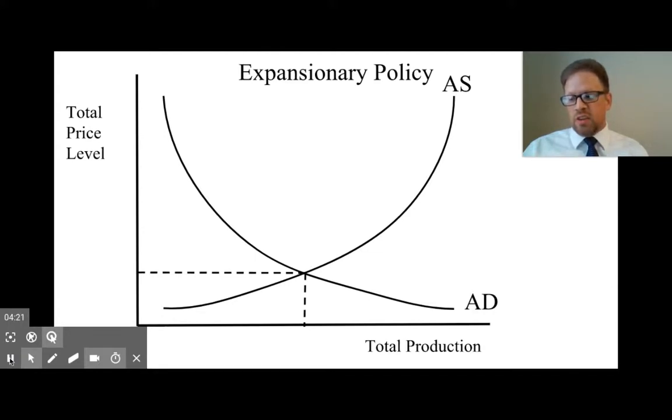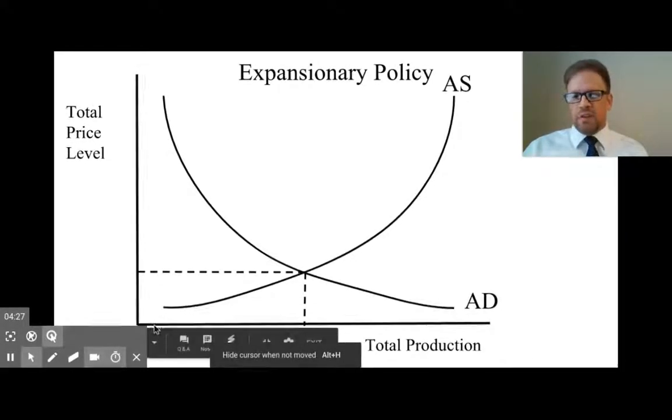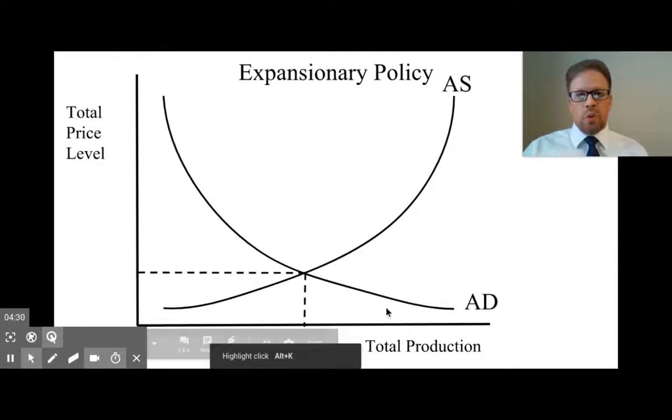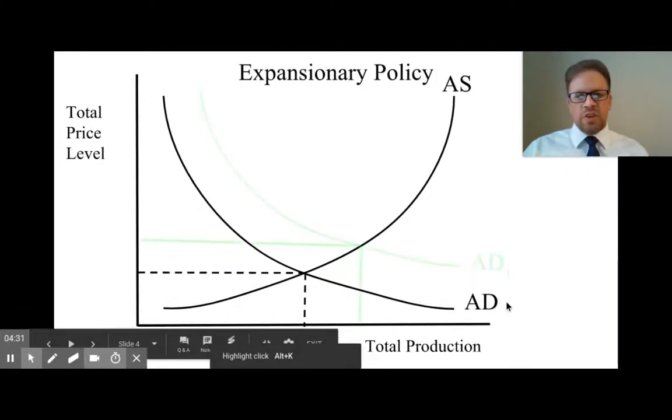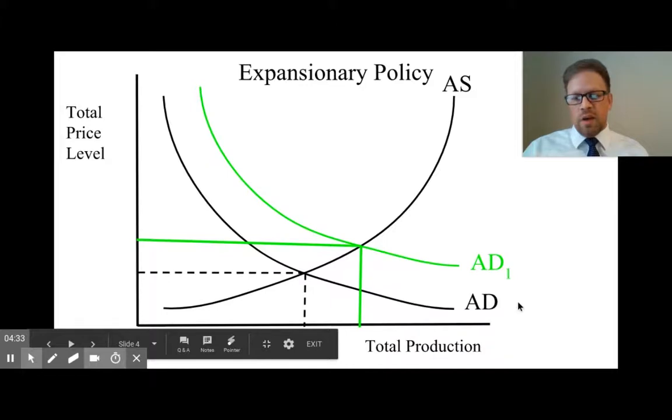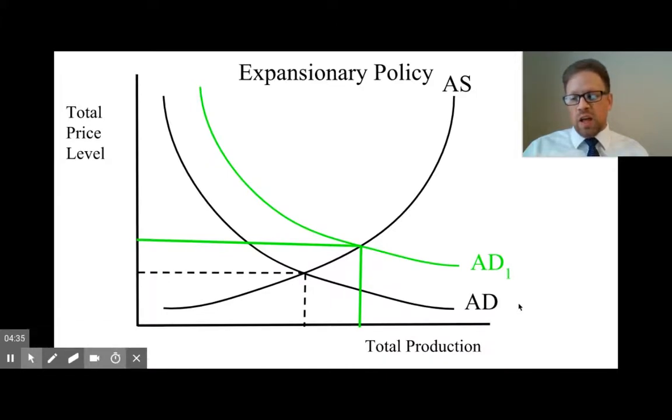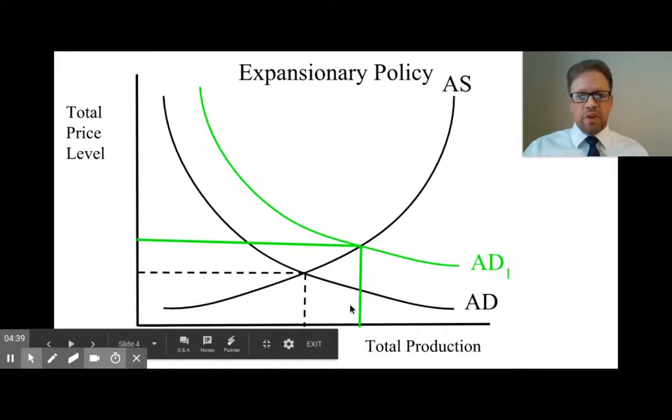On occasion, this is sometimes called an easy money policy, meaning it's just a lot easier to find money. So with an expansionary policy, this stimulates the economy by increasing the money supply, which leads to greater overall spending. So based on that overall spending, with more spending, more jobs will be created, causing unemployment to lower. But guess who's back? Back again. That's right, inflation's back. Tell a friend.